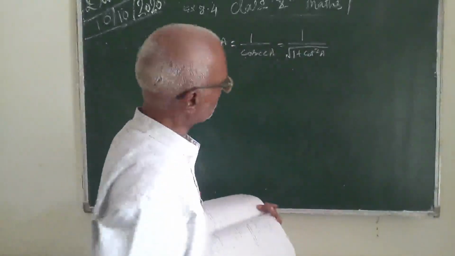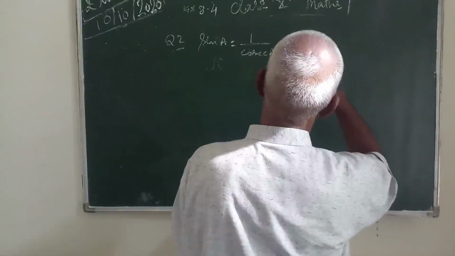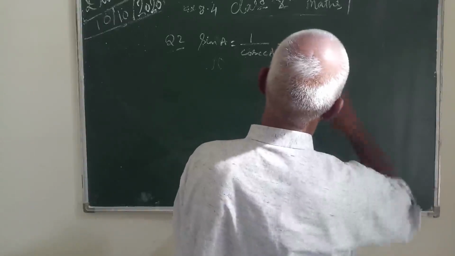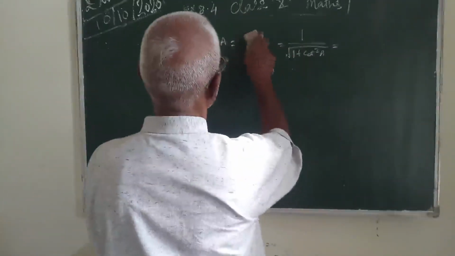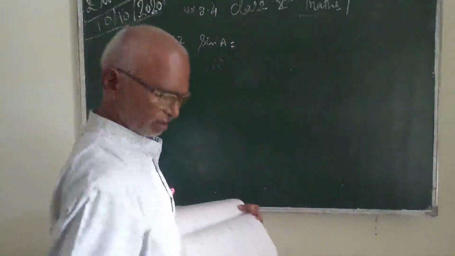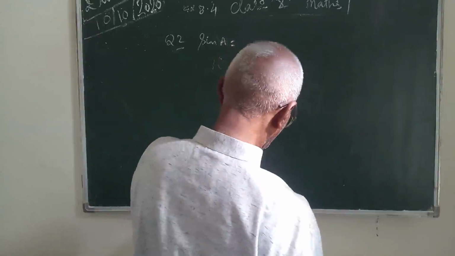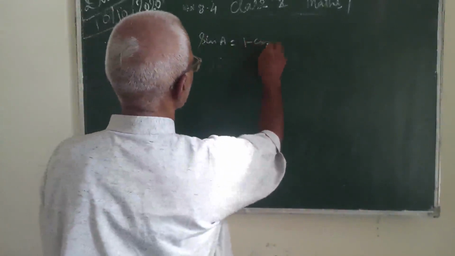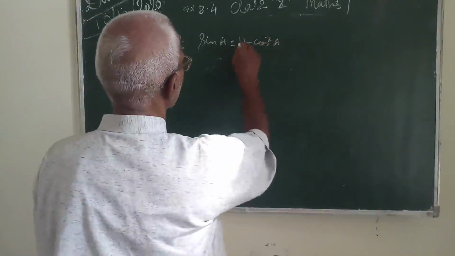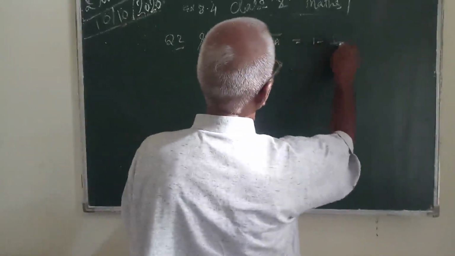But it is no problem. Then it becomes cot, 1 upon tan. 1 plus tan square will be sec square. Tan will go up, so it is better to be in the form of sec A. So better we write all ratios in terms of sec A. For sin A, it is better to write 1 minus cos square. By that way also you can proceed. Cos is 1 upon sec, so 1 minus 1 upon sec square A.